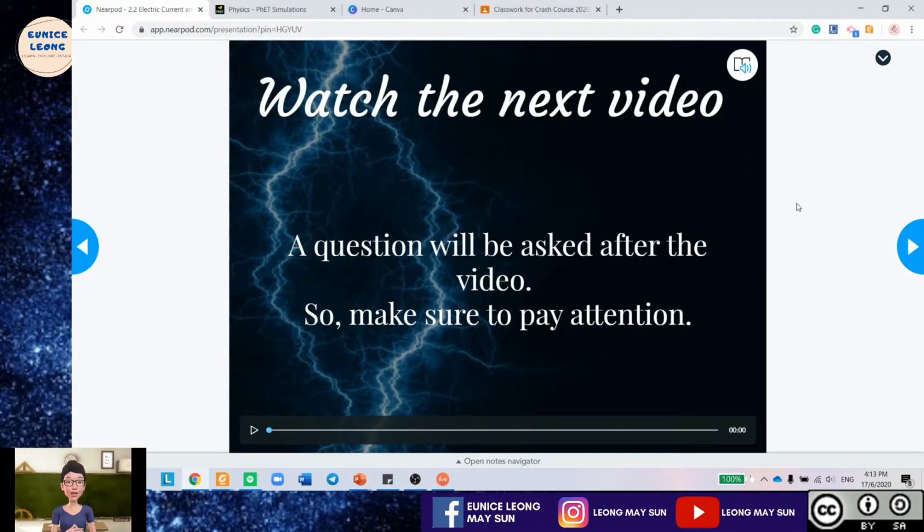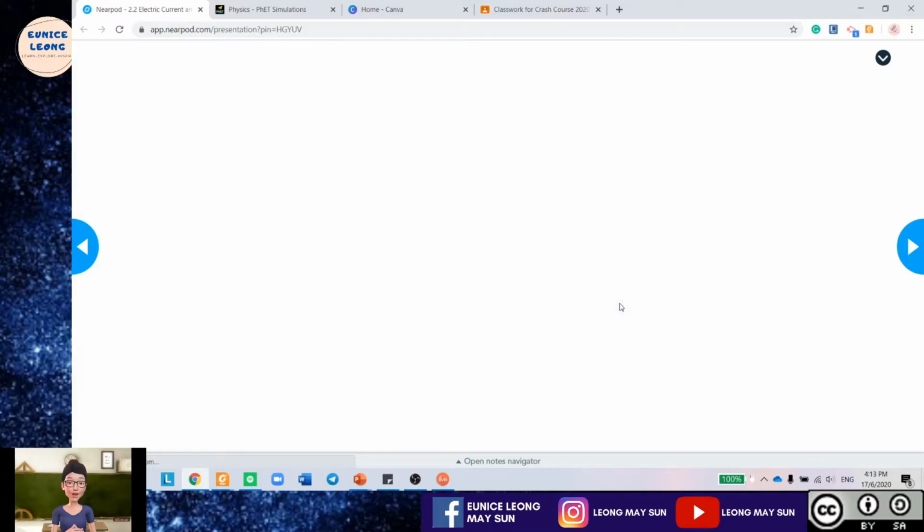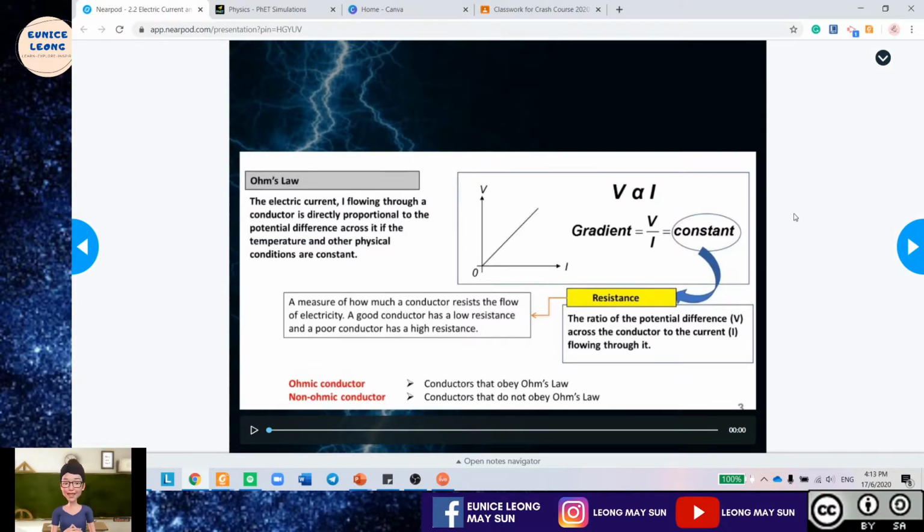the instructions on watching the video, and I already prompt here that a question will be asked after the video, so they need to pay attention to the video. This way students will pay more attention to the video that is being shown. They just have to hit the play button from YouTube, and it's a video regarding Ohm's law. After that, I explain this particular content again,